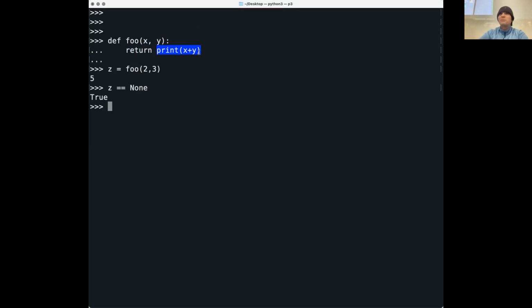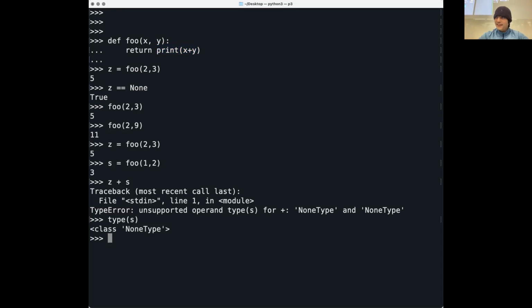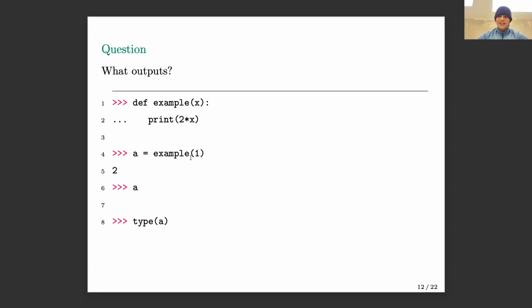So this is another very common mistake. And they're hard to understand because at our level, it looks like it's working perfectly. This looks like it works. Yep, that's working, this is working, but then it fails at this level. If I say z is equal to foo 2, 3, and s is equal to foo 1, 2, I expect to be able to add them to get 8, but it all explodes, because both of these things are type None. I cannot express this enough, print and return are doing totally different things. So just ensure that your functions aren't returning None.